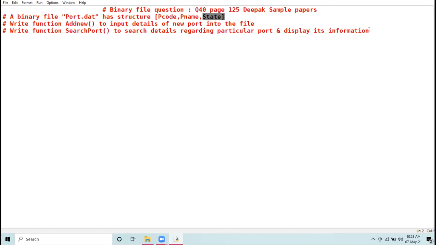So all of you open your notebooks and parallel solve the question with me. I'll be solving here on the computer. You parallel solve the question on your notebook so that side by side we can interact with each other. Start solving. So first of all, I will import the pickle module.